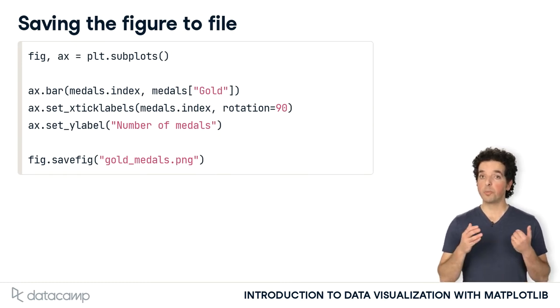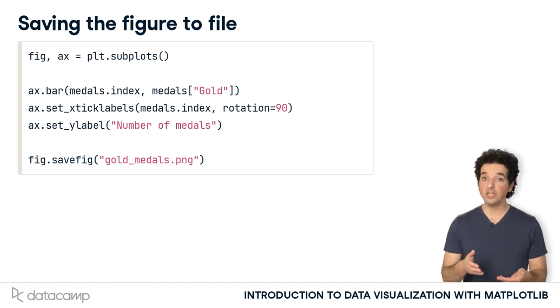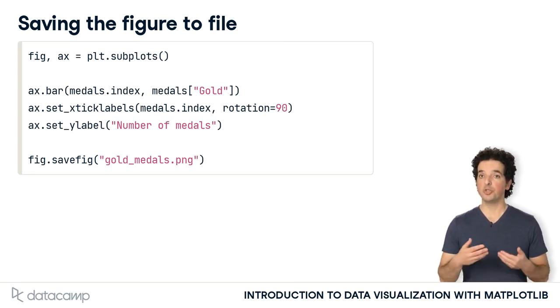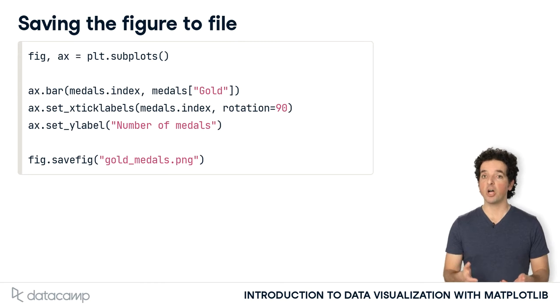Now, we replace the call to plt.show with a call to the figure object's savefig method. We provide a file name as input to the function. If we do this, the figure will no longer appear on our screen, but instead appear as a file on our file system called